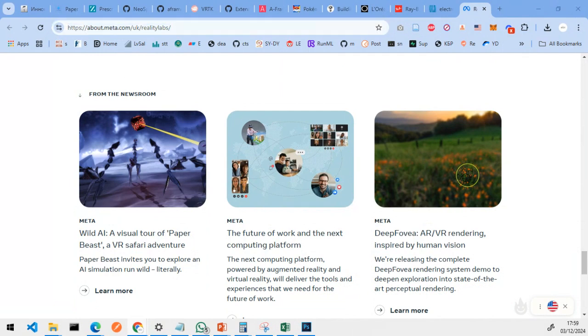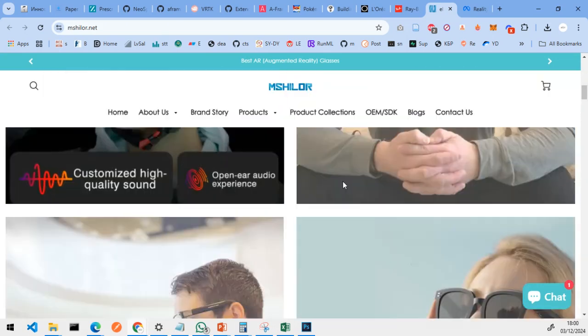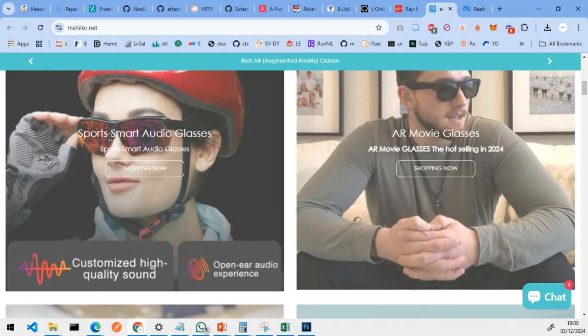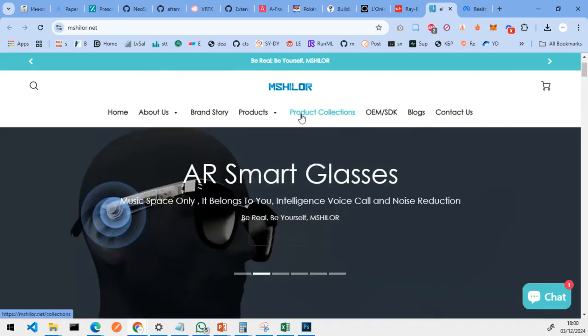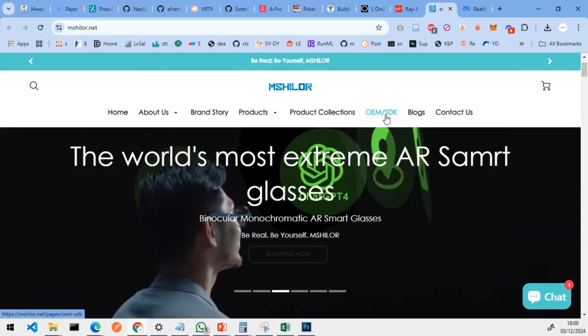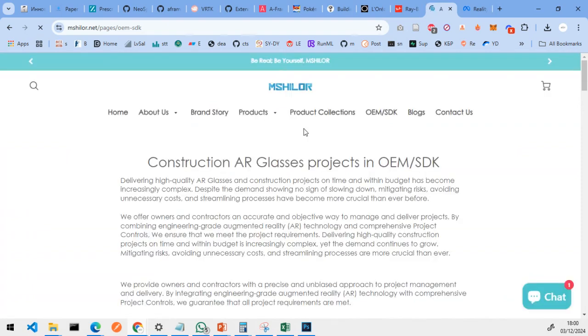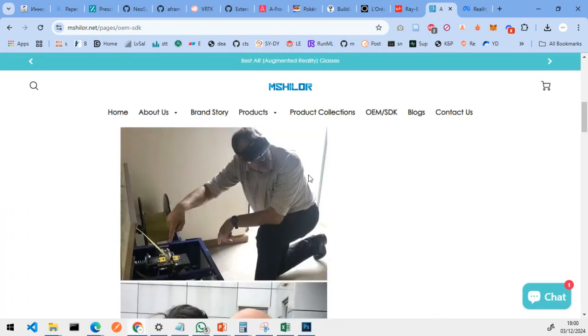Then we have another interesting use case which I came across by this company, and they actually have something for construction. These smart glasses are also used for sports, with audio technology inside of it. This is where I'm more interested. I think it's here, they have something for sports. If you check their SDK, that's their software development kit, they created a special software development kit for people who want to use these kinds of tools. Some people manage to create augmented reality glasses for construction workers, and